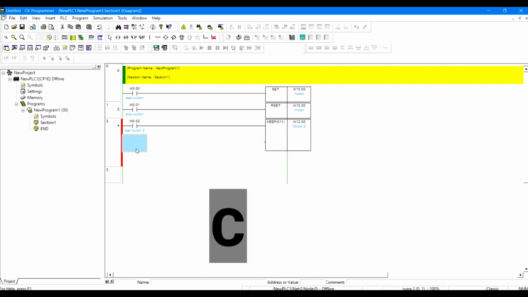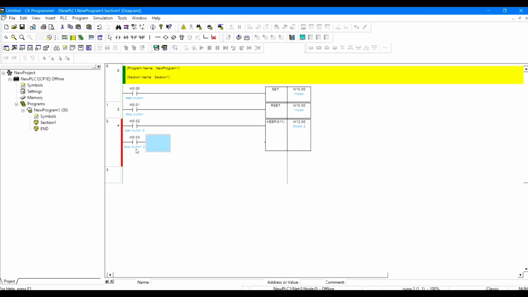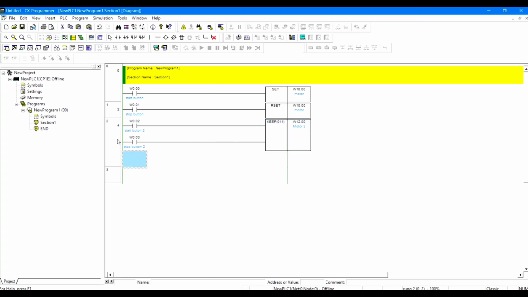So we will use C, W0.03, press enter and enter the comment stop button 2 and press enter. Then we will use the shortcut Control plus right arrow to complete this line. As you can see, the red symbol is gone.